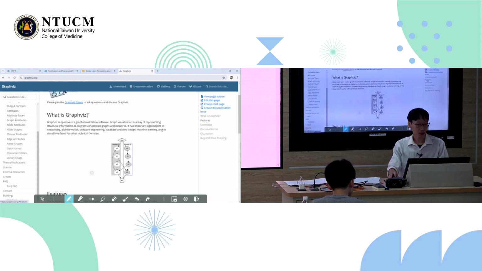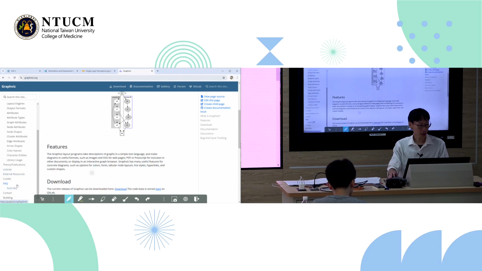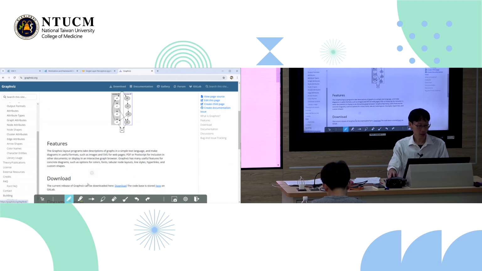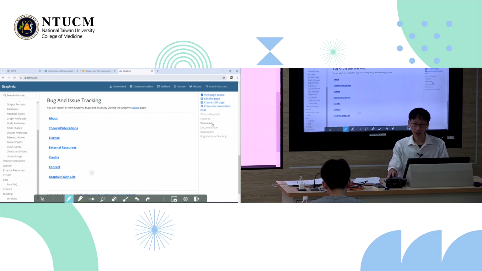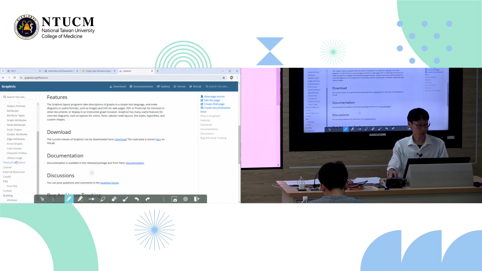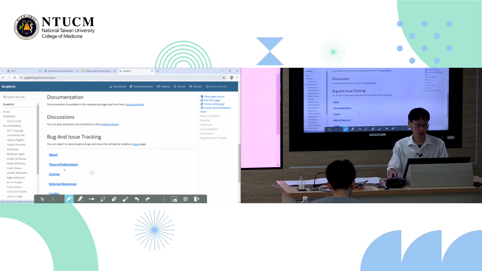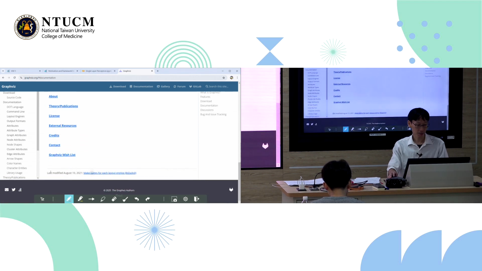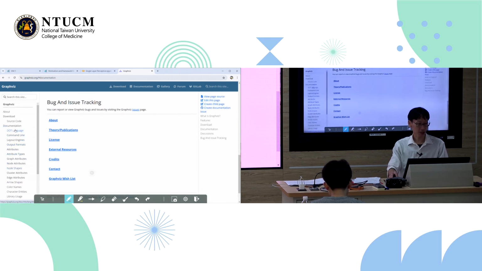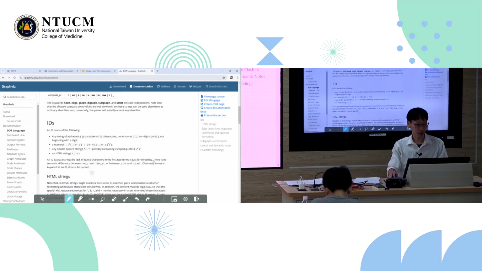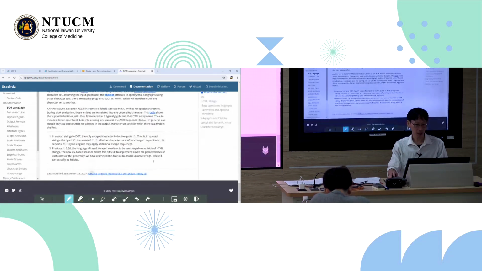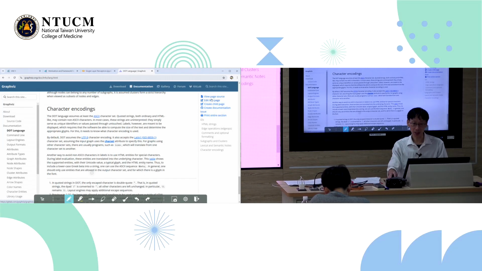Let me look for the documentation. I lost one of these links, but basically you can see it being applied in many cool ways.